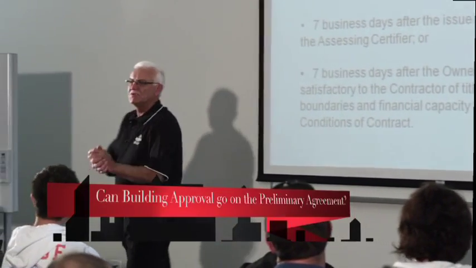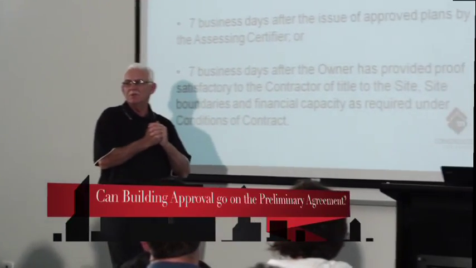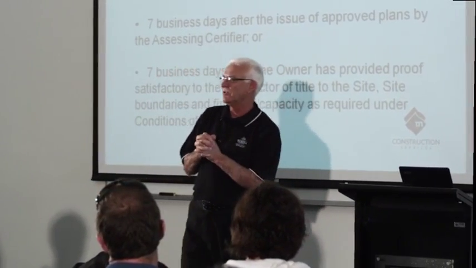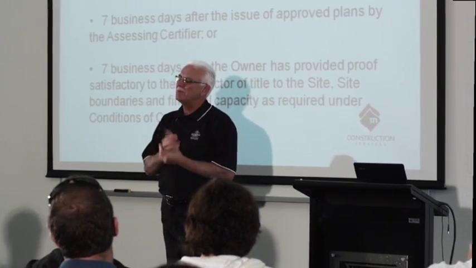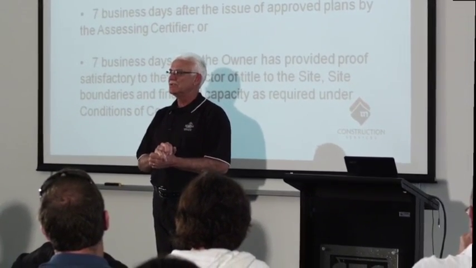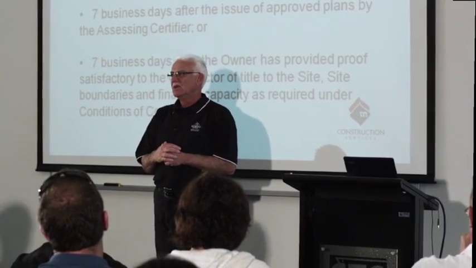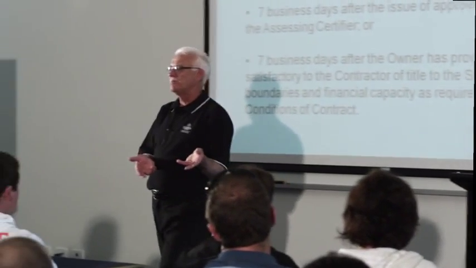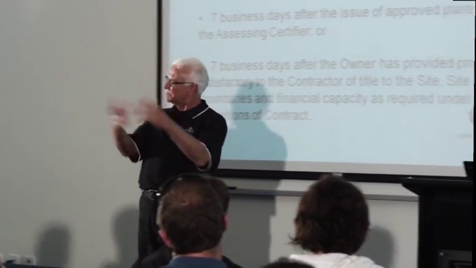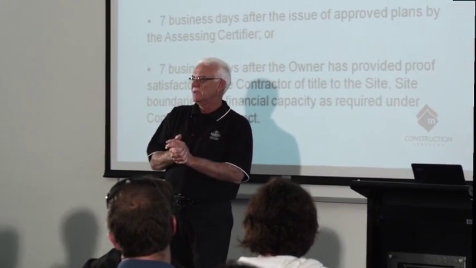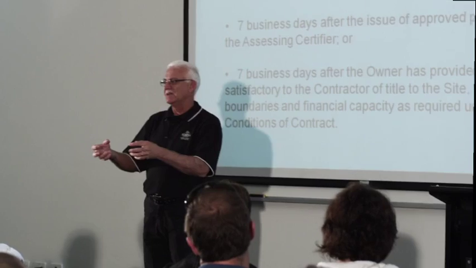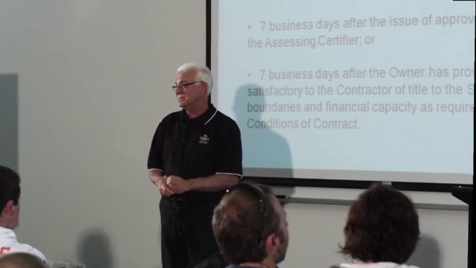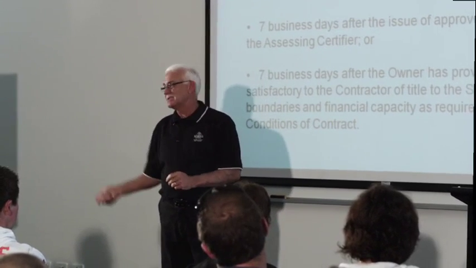Yeah, you could put building approval on the preliminary agreement as a condition. It's probably a bit premature at that stage because they haven't really signed a contract, so by putting that information onto the preliminary agreement, you're probably opening up a can of worms to have to explain what you mean, whereas you're probably better off waiting till you get to the contract. And look, it is there black and white, but you could have it as a special condition of the contract to say it's not going to start until I get building approval,